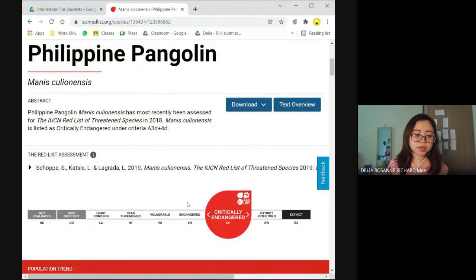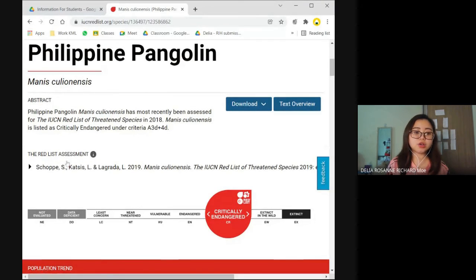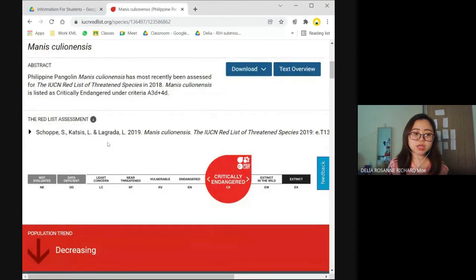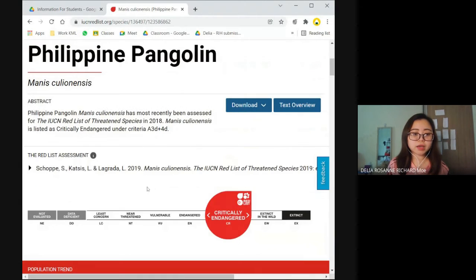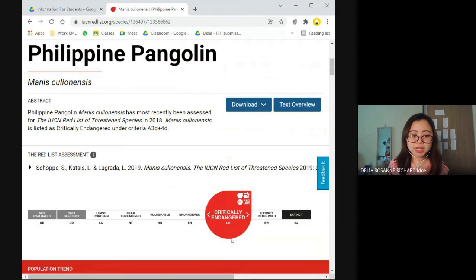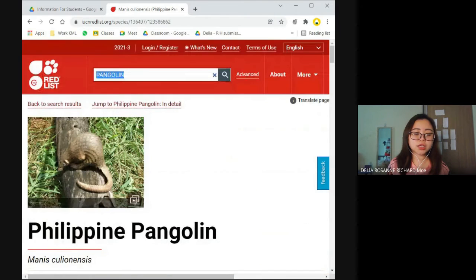Oh, there's a lot. Okay, then I can see its classification in the IUCN Red List. So for example for the Philippine pangolin, the status is critically endangered. Almost extinct. So when you do your infograph, you put in there critically endangered, bracket CR. If for example you look up chicken,